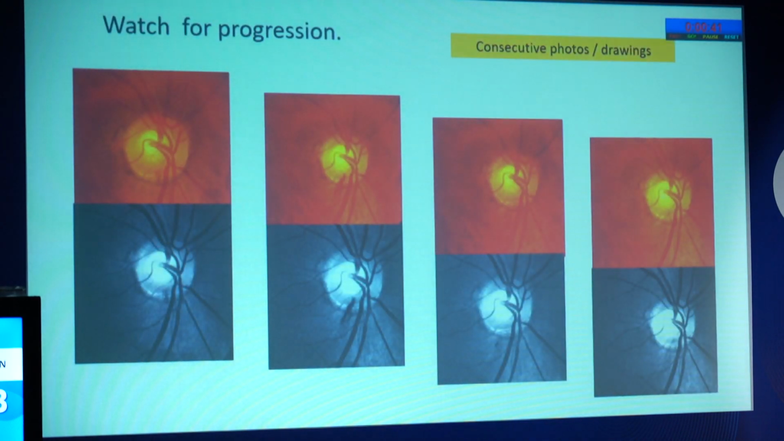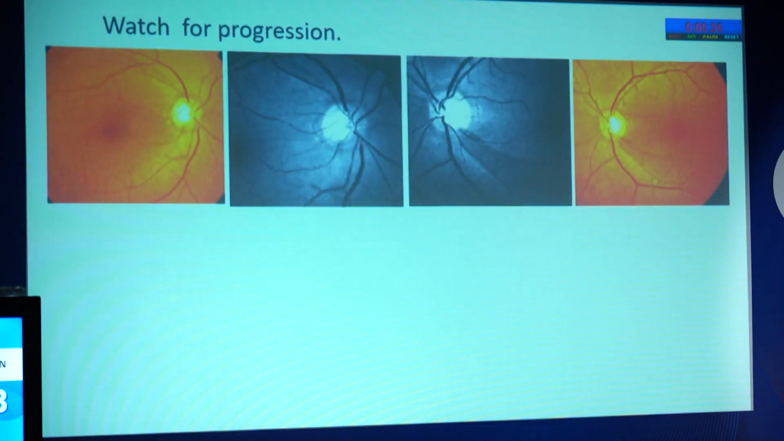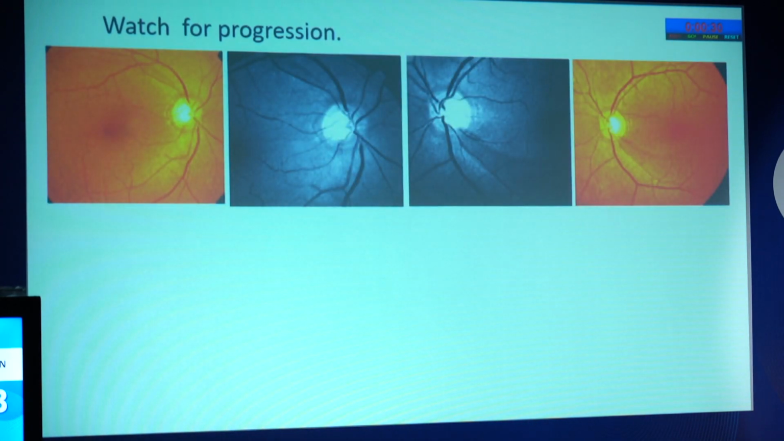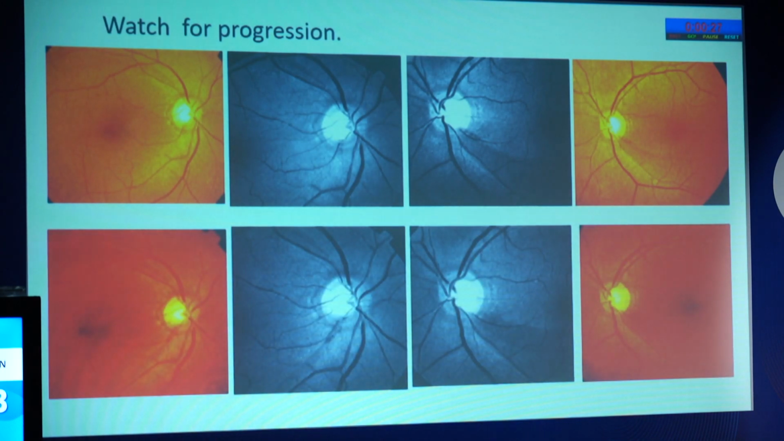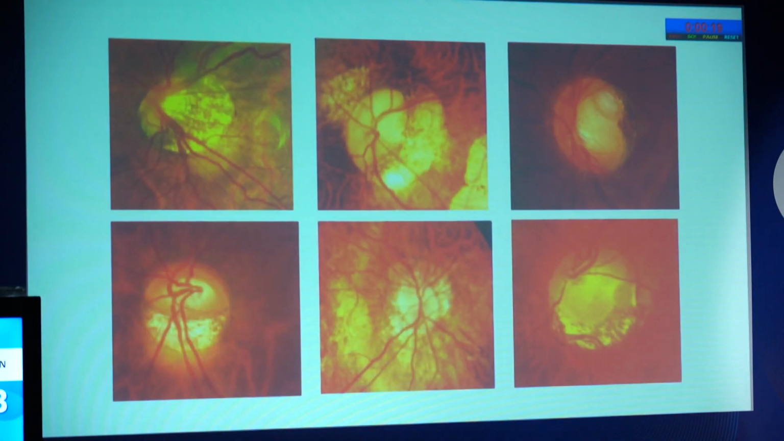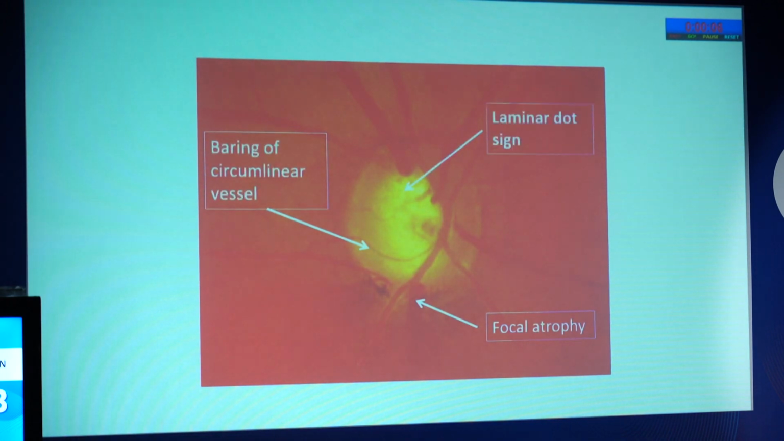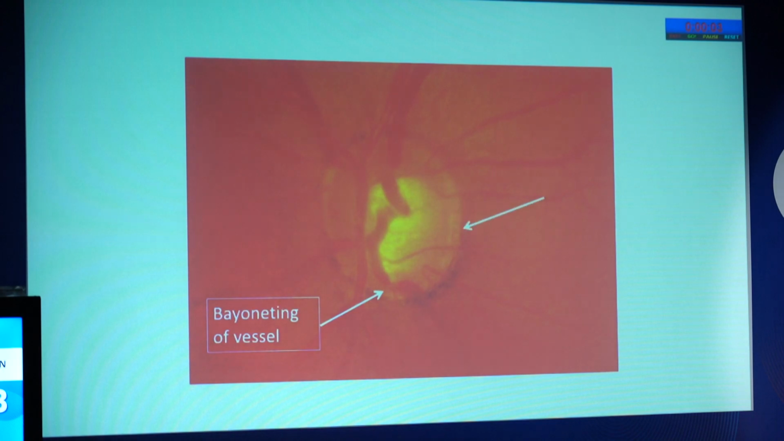Watch for progression. Watch for all the signs. You can see there is a splinter hemorrhage over here, which is developing into an RNFL defect. So again here a small RNFL defect superiorly, but now there is a development of disc hemorrhage along with the inferior defect, and in the left eye also the RNFL wedge-shaped defect is usually one sided. The various optic nerve anomalies, here we cannot differentiate if they have glaucoma or not. So coming to the different sizes, focal atrophy, baring of circumlinear vessels, laminar dot, and inferiorly again bayoneting, thinning